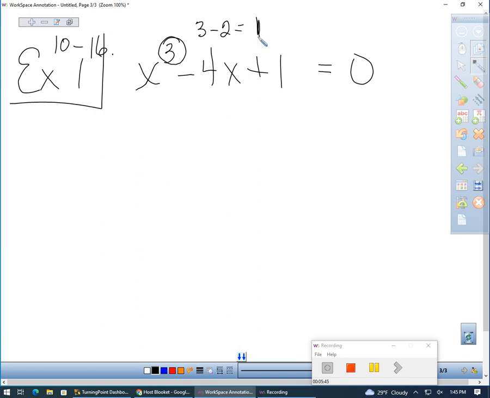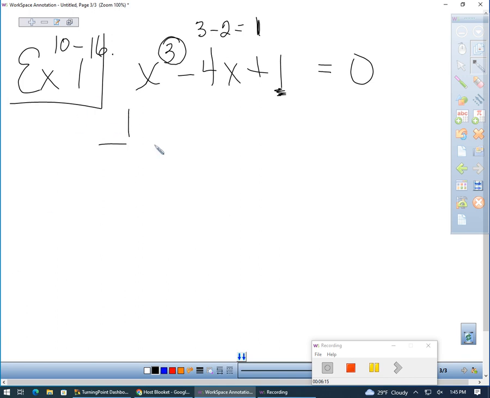Because we're going to find all but 2 of them. I always leave 2 because that's a quadratic, and you can solve that by the quadratic formula. So whatever it is, we subtract by 2. Correct. No matter what the highest exponent is, you have to find that many that's left. All right. So now, in this one, all the factors of our last number, our constant, is 1,